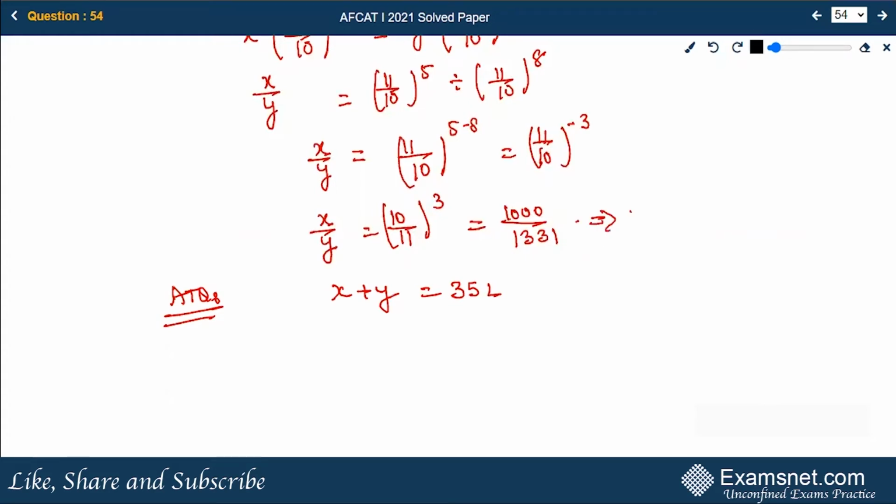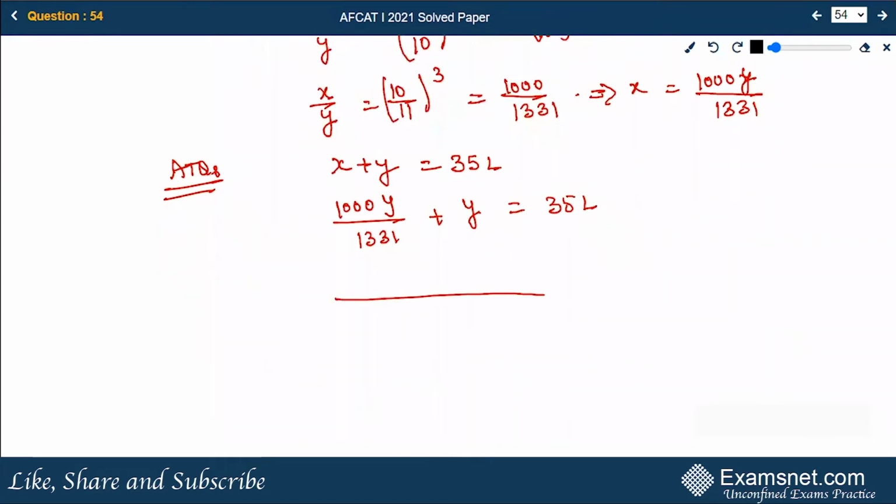You can write x is equal to 1000 y upon 1331, which makes it 1000 y upon 1331 plus y is equal to 35 lakh. Taking the LCM,